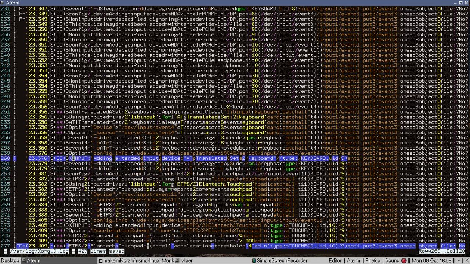the keyboard: X input adding extended input device AT translated set 2 keyboard. So this is the keyboard which is on my laptop. It just recognizes the particular model type, whatever, and sets things for the keyboard here. Well, I have the US layout here, so probably that's the default one. Then it adds the